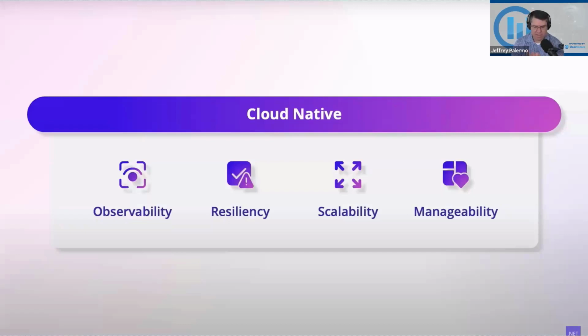for resiliency and scalability and manageability. When it comes to resiliency, some of the examples are just auto retries to databases, auto retries to web services. The .NET team is giving libraries that you can use to orchestrate connections to outside systems that will just give you policies out of the box that you can just turn on and not have to think about auto retries or what to do if it fails for 10 times in a row,